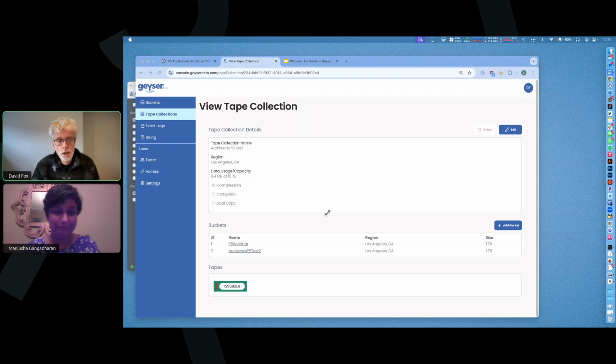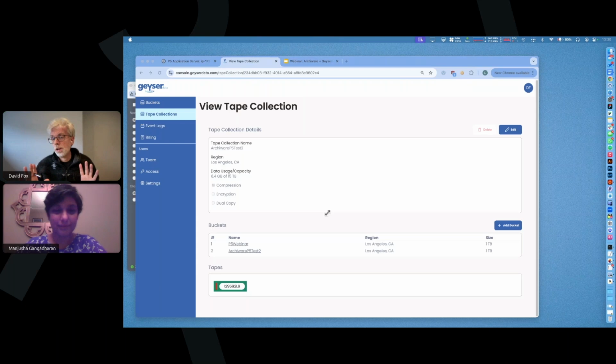Okay, so that wraps up our demo and our slides. I hope everybody found that interesting. I hope we were able to put across the fundamental differences between the cloud storage that you may be familiar with and a hybrid such as this, where